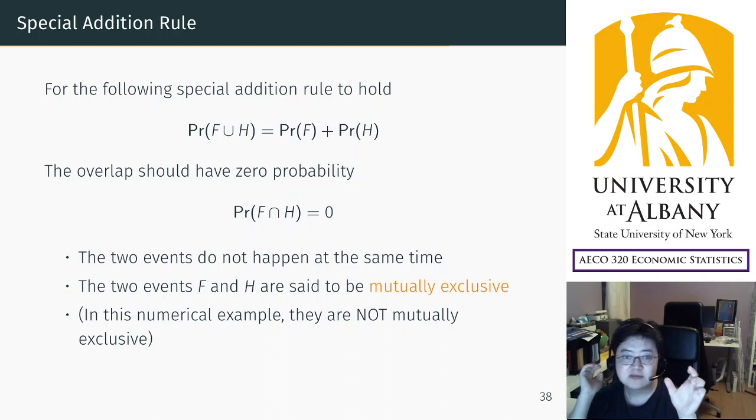You need to verify this assumption. And in this special case, when the special addition rule holds, we call these two events mutually exclusive. If two events have 0 intersection, then they are said to be mutually exclusive. These are what we learned last time, and today